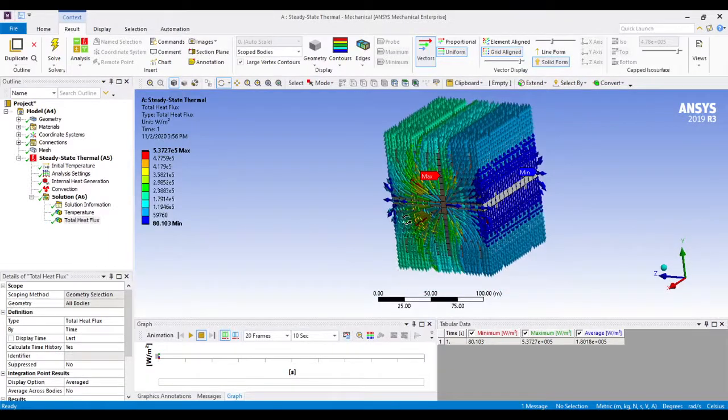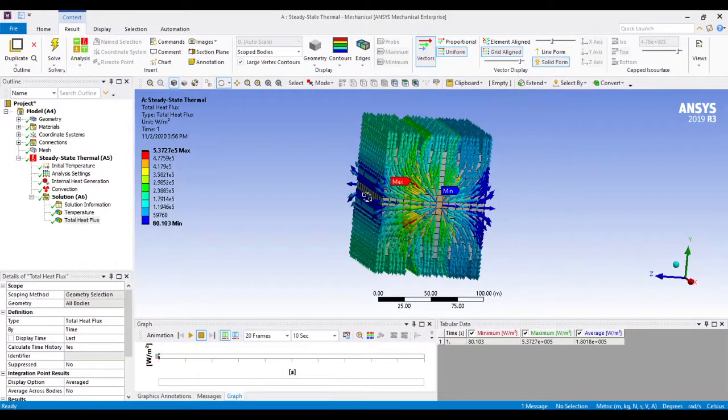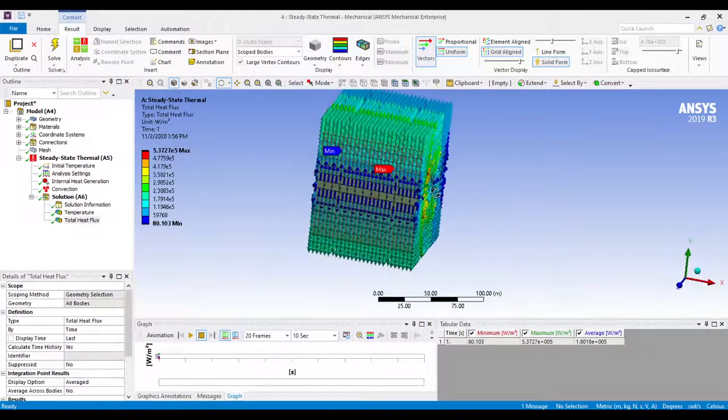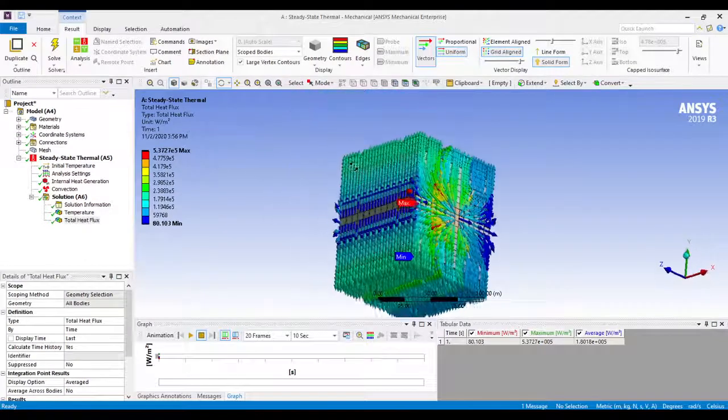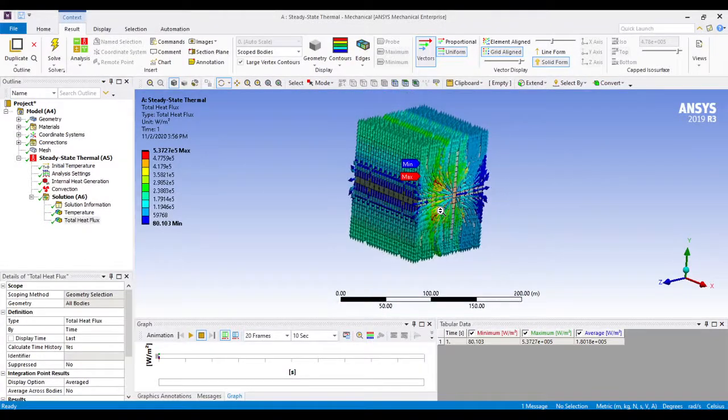You can't see any heat that flows in the perpendicular direction to this face or this face, or you can also see that we have not applied a boundary condition over here, so no heat flows in the direction perpendicular to this face. Similarly over here.